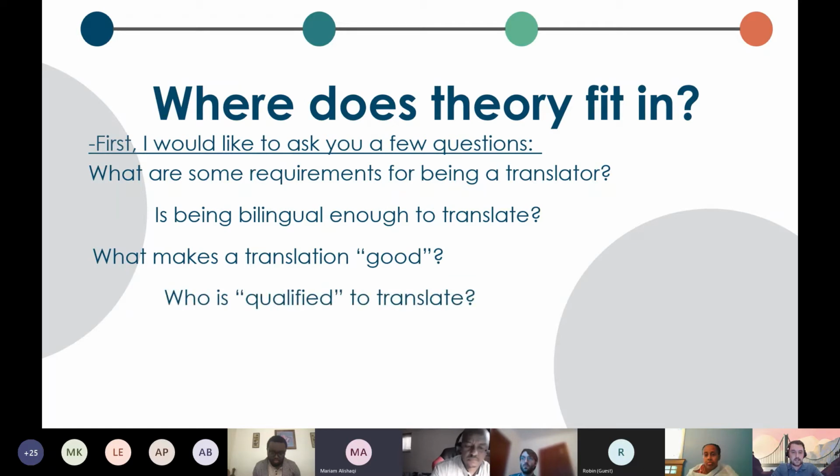The next question I want to ask: who is qualified to translate? This might be similar to the first one that I said, but I think it's a little bit different. Who is qualified to translate? I think it would depend on what you mean by qualified. That word could mean something like qualified according to the government, according to a court of law, according to what sector, how they might use that word. There may be an exam associated with certain qualifications.